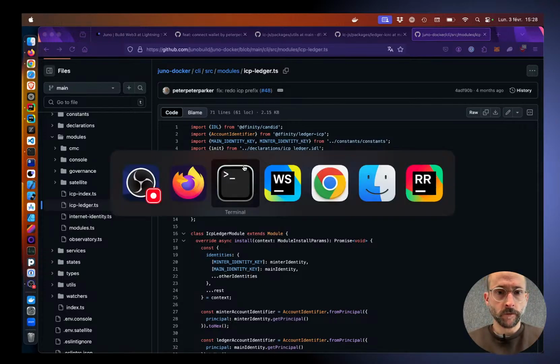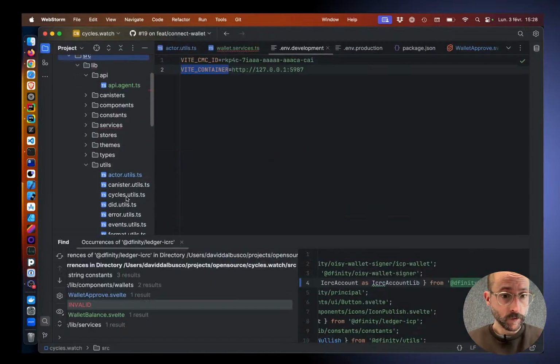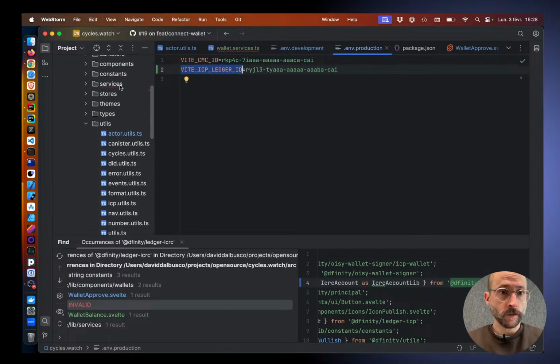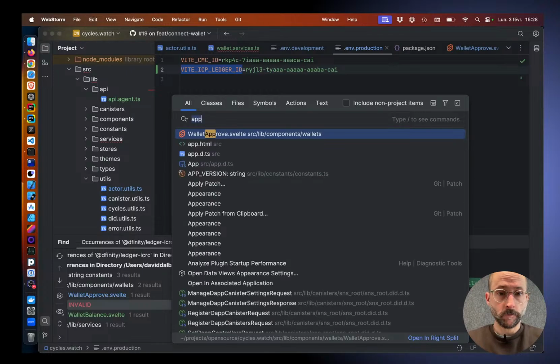So what we're gonna do is we go in the properties, we're gonna add ICP ledger ID here too, and I guess in app constant